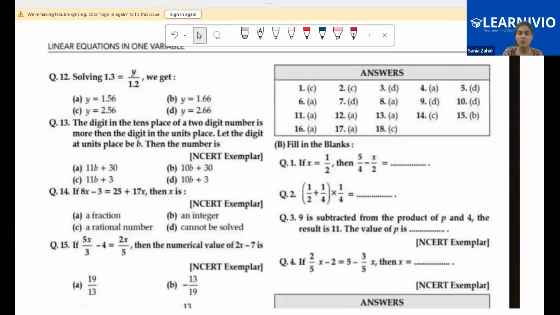Children, one second, please don't leave. Just tell me one thing. Is direct and indirect proportion